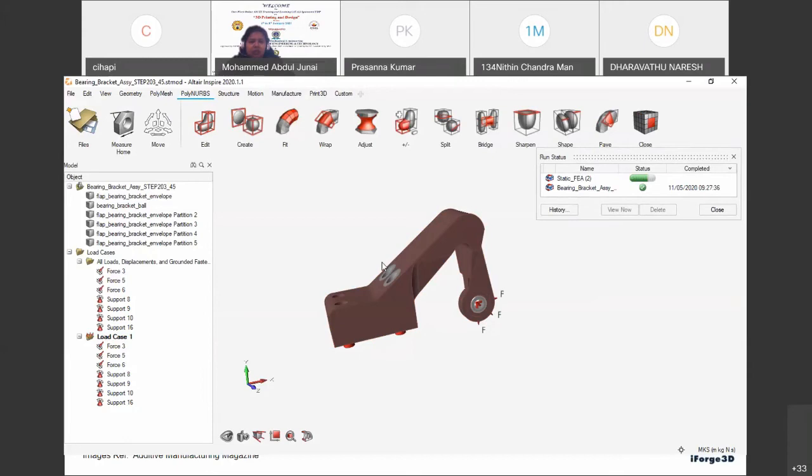So first, coming to the PolyNURBS. The NURBS itself is not parametric. For example, if you want a curve or a radius of 3 at a particular joint, like on a cube, for a particular edge, if you want to apply a radius of 3, you can just select the fillet option. You can create a fillet radius over there.